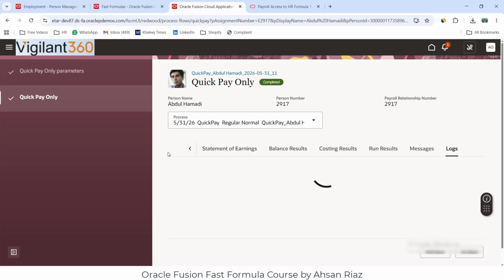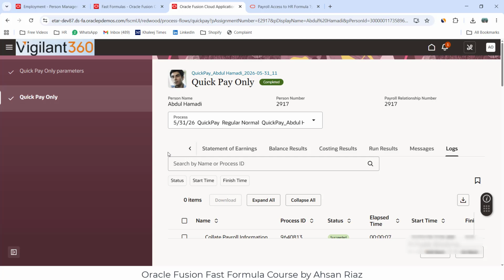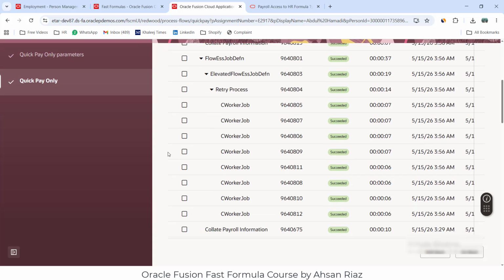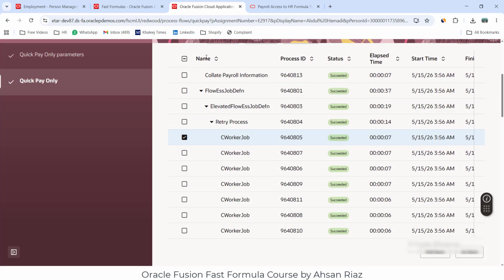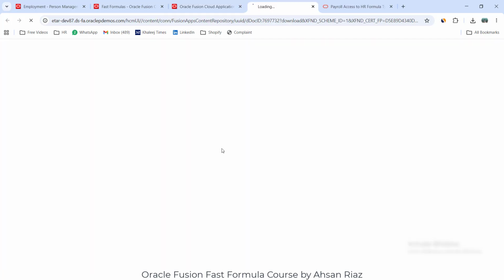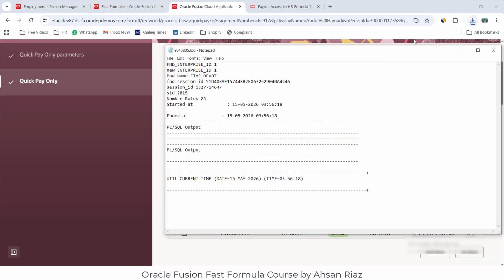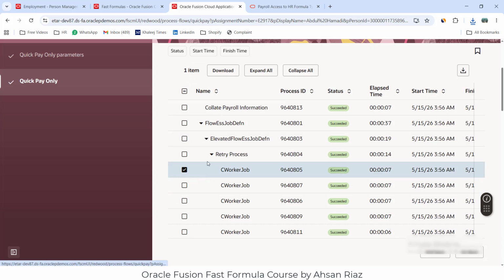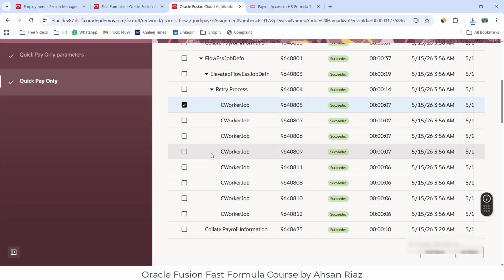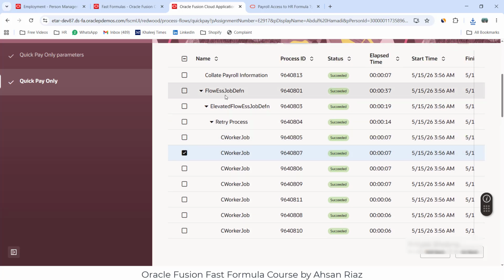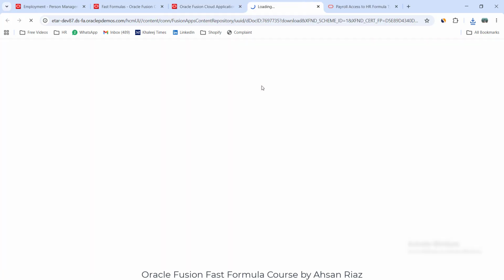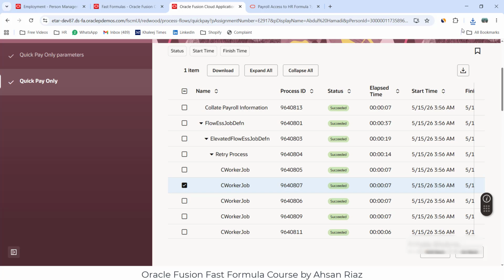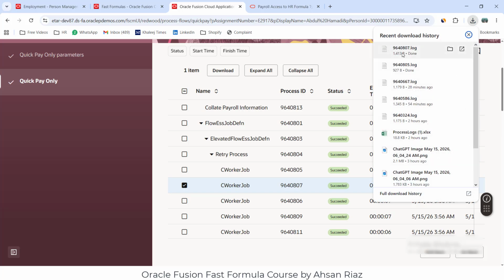Logs. Okay, so let me see the output now. Which one will it be? Let me see. Not this one, all the times are the same. So let me try this one. Sometimes all the times are the same, so we have to check one by one. Okay, now